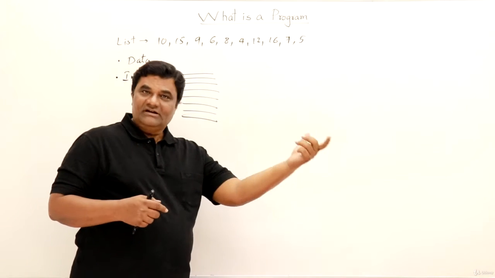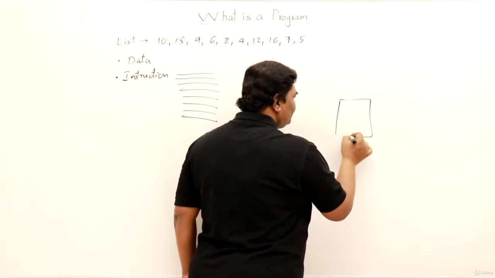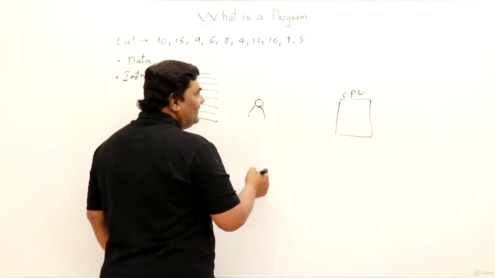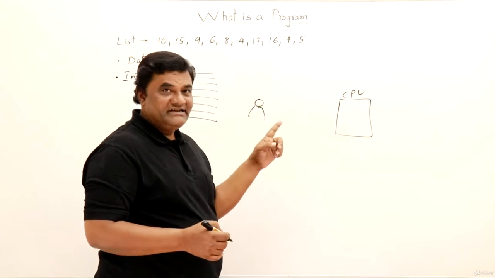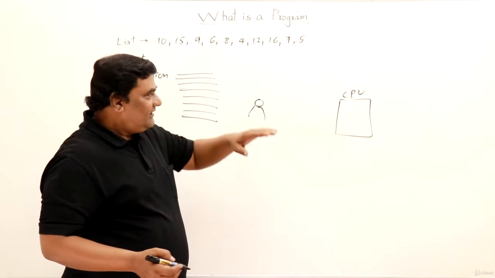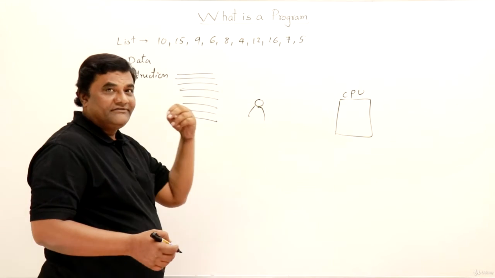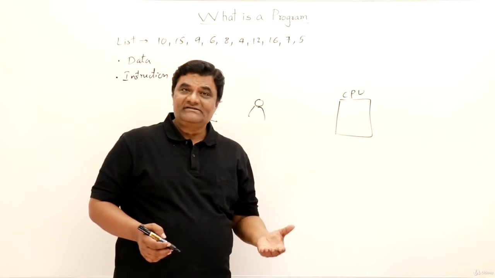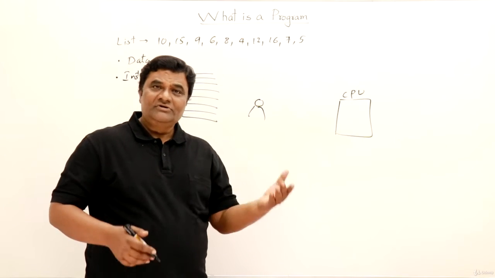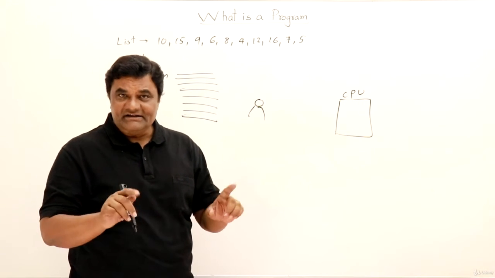Now let us come to the computer side. See, this is our machine, the computer machine, right? So let us say this is the CPU. Now this is myself. Now the language of the CPU is zeros and ones, binary. How to represent data in that? Data in the form of zeros and ones. How to represent instructions? That is also in the form of zeros and ones. Both data as well as instructions are in the form of zeros and ones, that is binary.